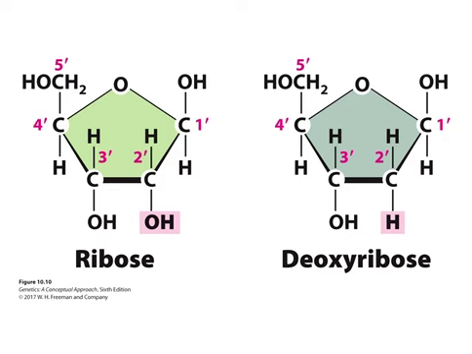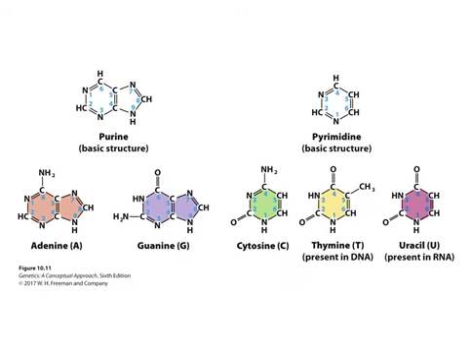This provides specific functions for each nucleic acid, right? These nucleotides bear in their nitrogenous bases information, okay? Furthermore, the additional oxygen atom in the RNA molecule makes it more reactive and less chemically stable, as we already pointed out, and for this reason, DNA is better suited to be the long-term storage molecule for information. So deoxyribose is the 5-carbon sugar in DNA lacking the hydroxyl group at the 2' carbon, while ribose has the hydroxyl at the 2' carbon. Okay? The second component of a nucleotide is the nitrogenous base, which can be either of two types,